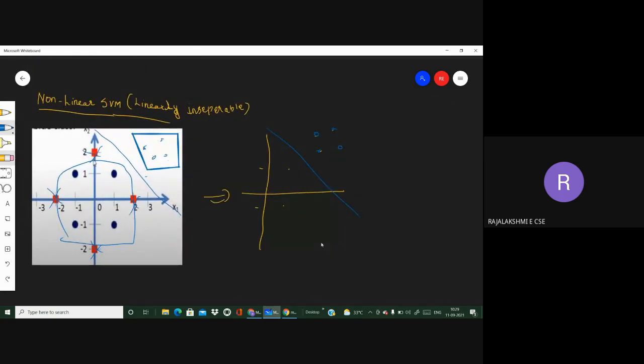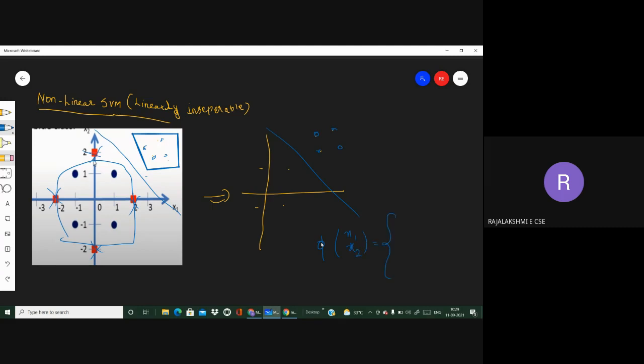This is what I'm saying now. For this, what we are going to do is just transfer the vectors from one place to another place. For the transformation function they are using, we need to find a non-linear mapping function, called a transformation function or transfer function, to shift the data from one place to the new place, so that you can find the hyperplane. That function is called phi. It is a separating function called phi of x1 and x2, which is equal to,